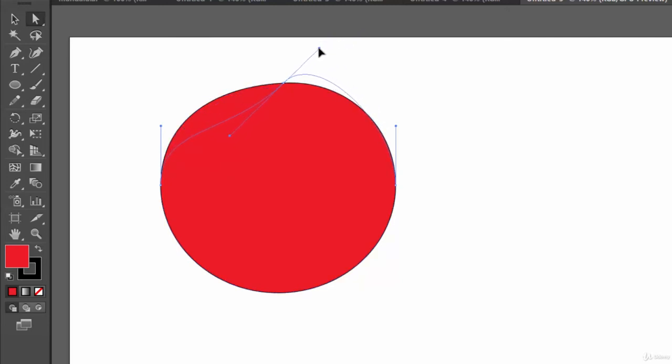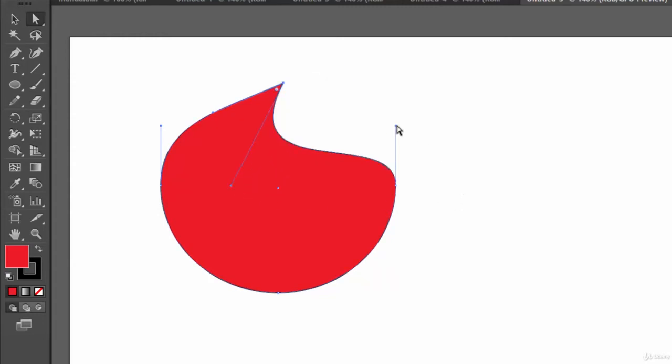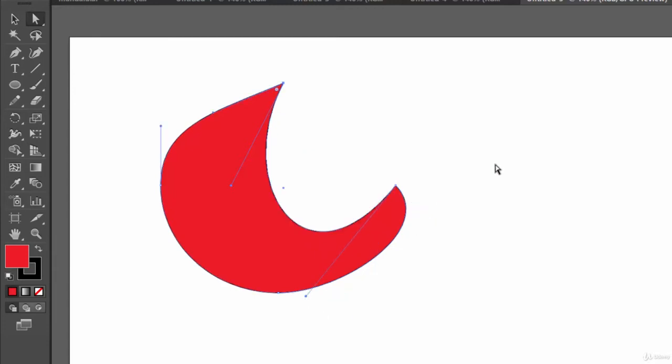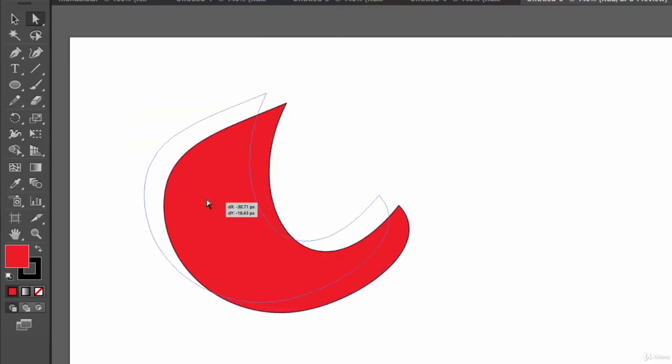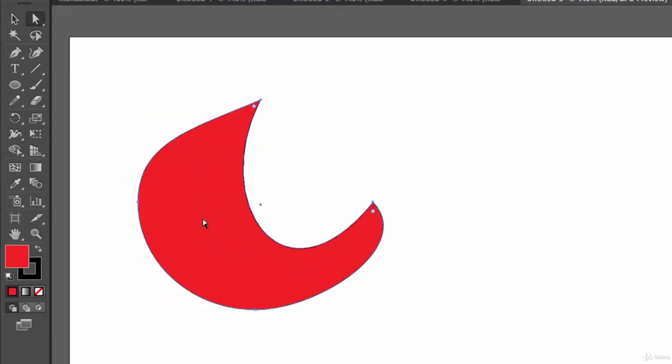And you can even drag around the handle, and if you want to implement the change only on one side, you need to hold the Alt key. See, just like this. Okay, so see, the circle has become something else.